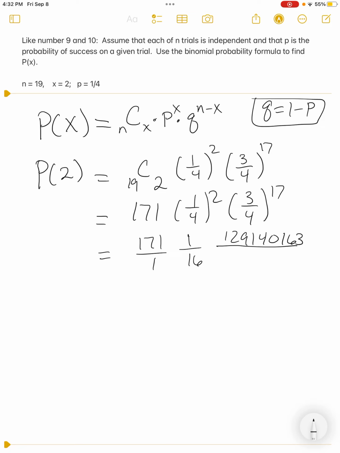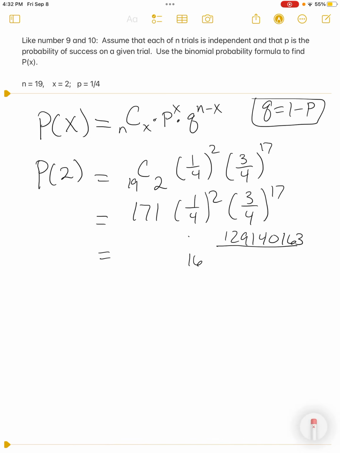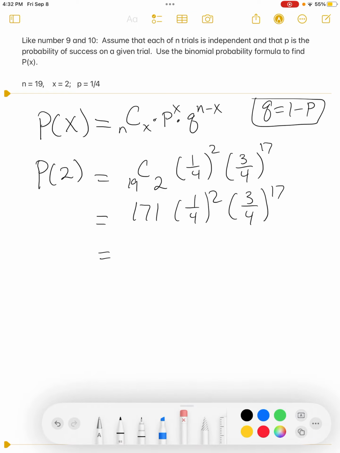So I'm pretty sure in a problem like this, they wouldn't ask for it to be in a fraction because it is just so big, because you have 19 selections. The other one was relatively small. So this time we're just going to plug it in as 171